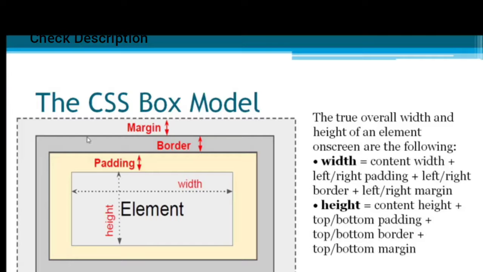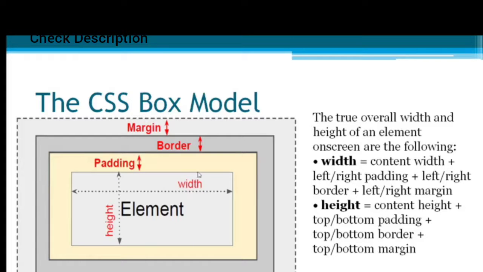After the padding, we have the border as shown in this diagram. It is applicable to the left, top, right and bottom of the box. And margin is the outermost part of the box model which surrounds the border, and it is applicable to the left, top, right and bottom.